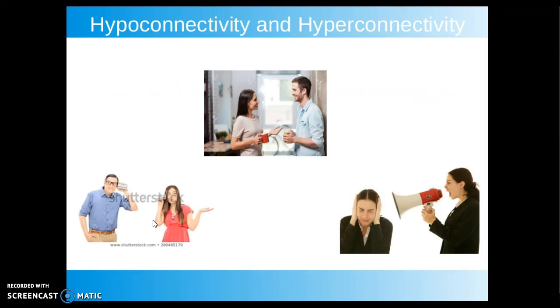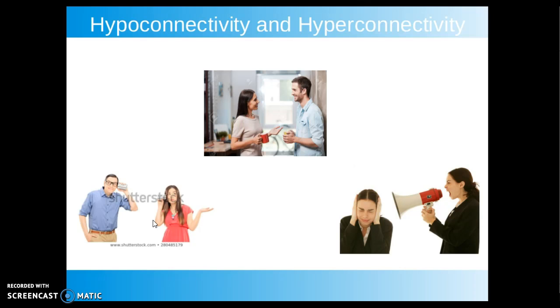So this is just a slide to kind of explain the hypoconnectivity and hyperconnectivity. So hypoconnectivity obviously means low connectivity. Things are not working like we want them to. So on your left, you see this picture of 2 people with tin cans and string. Yes, the message is getting through, but over a long distance, the message could get misconstrued and could be misunderstood, and it would not work as well as our middle picture, which would be regular connectivity. You know, you're talking back and forth, the message is understood.